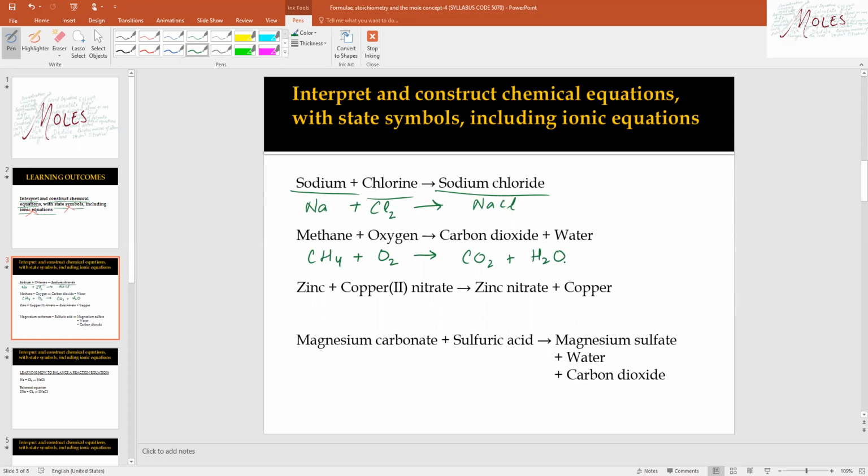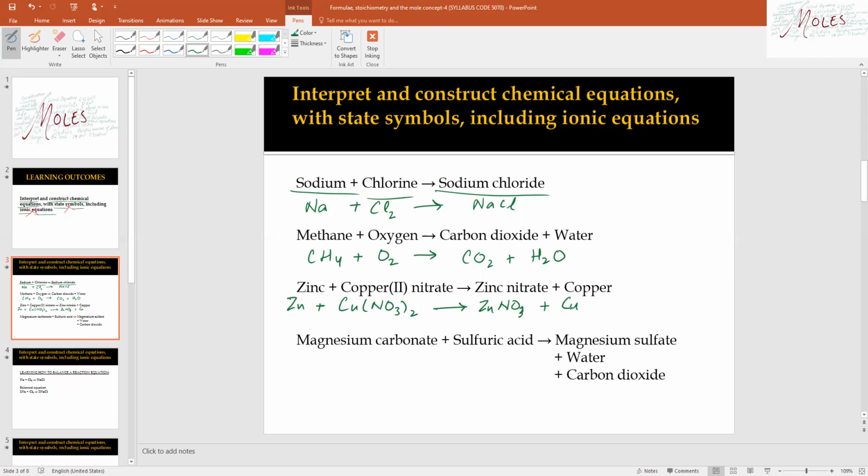The next reaction is between zinc and copper 2 nitrate. And the product is zinc nitrate and copper. Symbol for zinc is Zn. Copper 2 nitrate will be written like this, Cu(NO3)2. For the products, we will write Zn(NO3)2 plus Cu. Again, I'm already done with working out of chemical formula of these compounds in my previous videos.